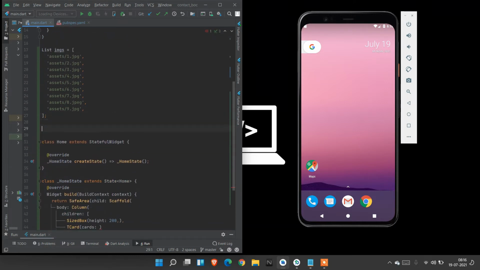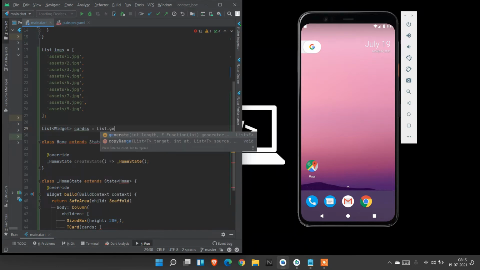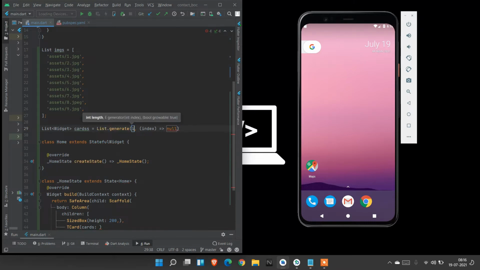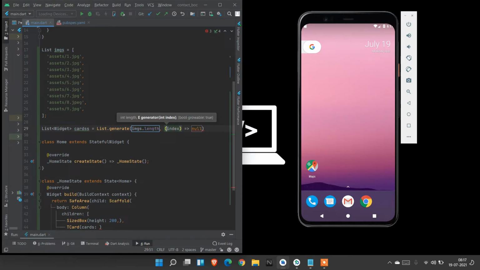Now we are going to create a list. This list must be of widgets, so I use Widget. The name of the list is cards. Here I am going to generate a list. images dot length. Here I am using int index. I am going to create an anonymous method.